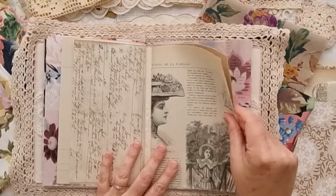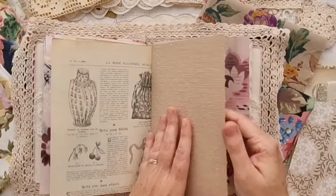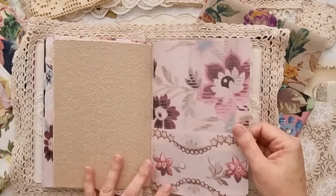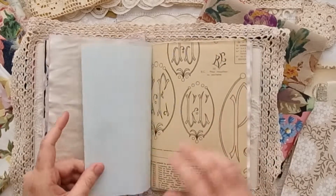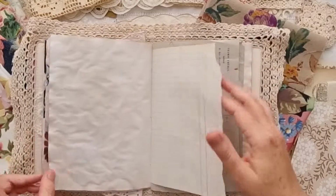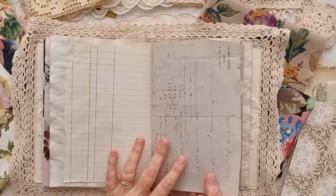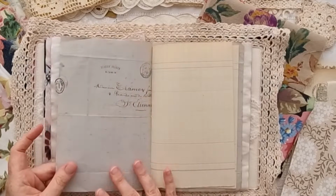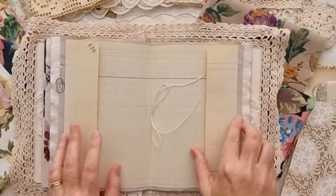Okay, so going into the next signature, that's some more of that French fashion magazine. Some beautiful braille. It's like a craft paper. Another printed page. Some more ledger. Some more of that embroidery magazine. So I've sort of tried to use different papers. This is an original folded French envelope, so each journal will have one of those in it, and this is